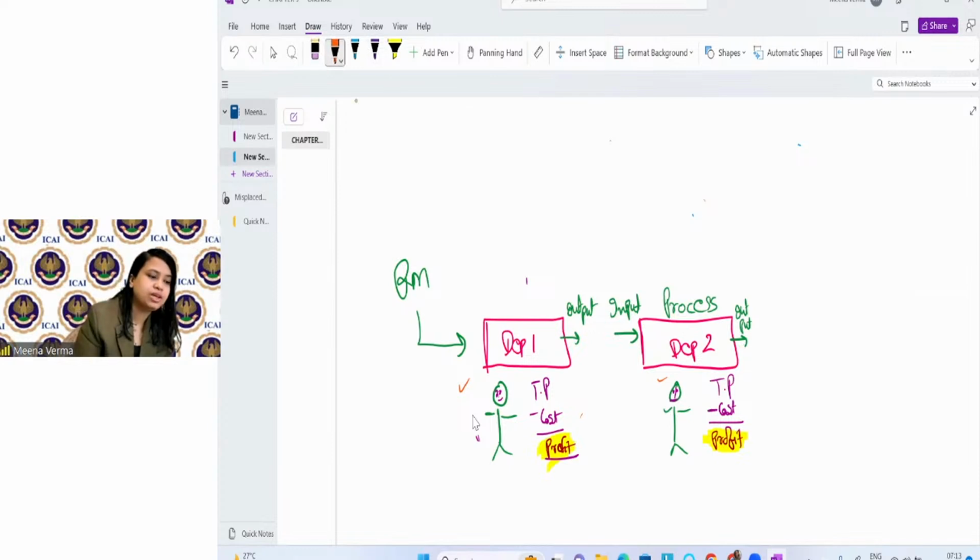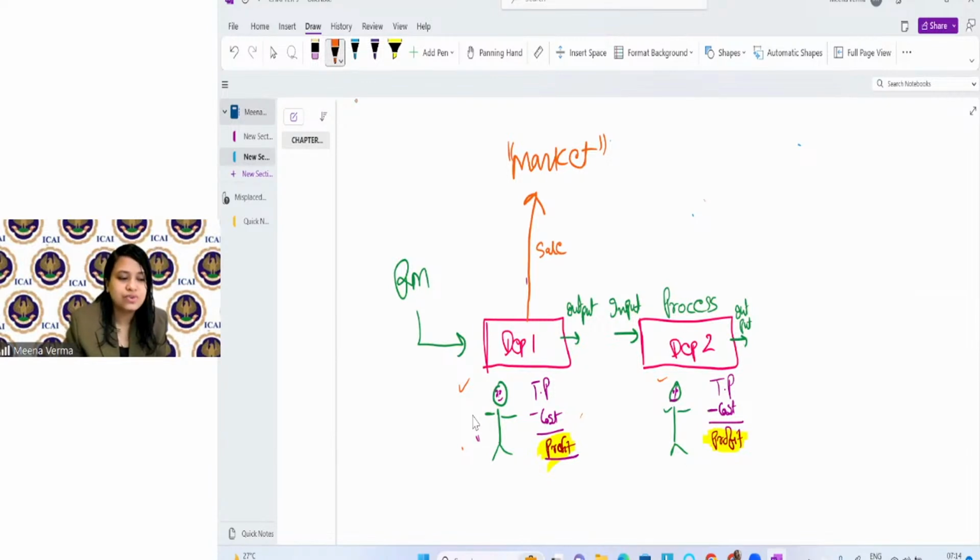Okay, so what is happening here? This manager is producing the goods here, processing the goods here. And this manager has an option: he can sell the goods in the market, or he can transfer the goods internally. Right. So, I will create a certain example for you. Try to understand those examples. Okay. Now, the point is that, for example, the capacity of this department